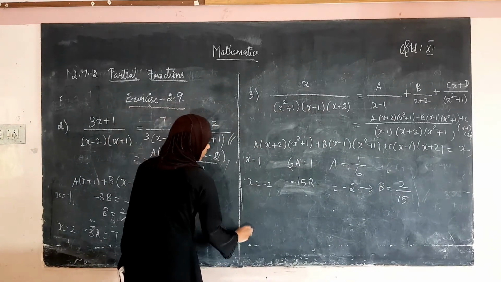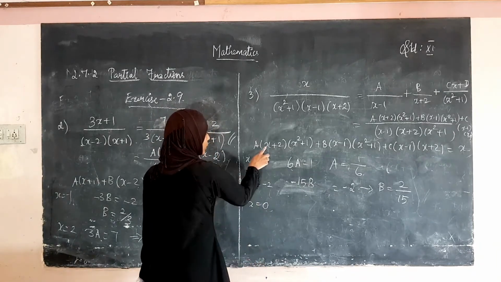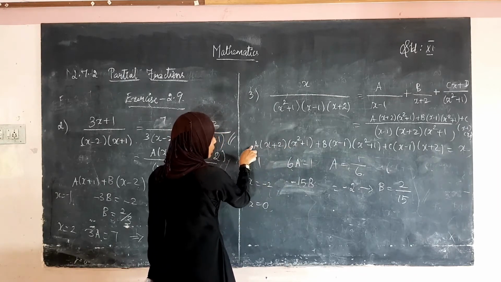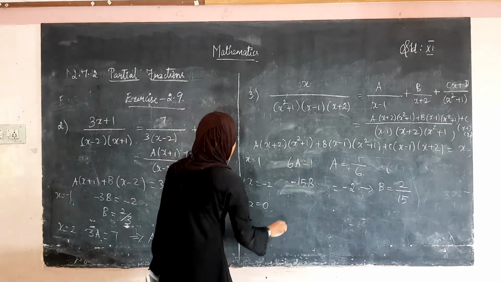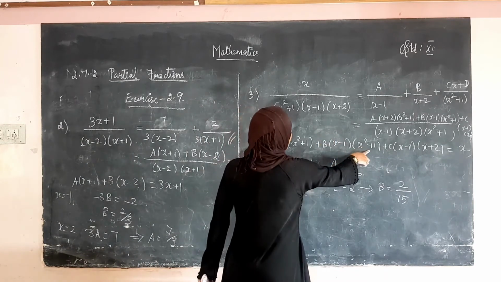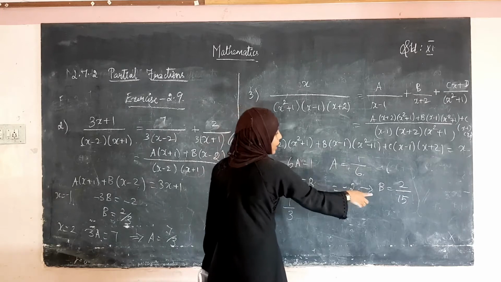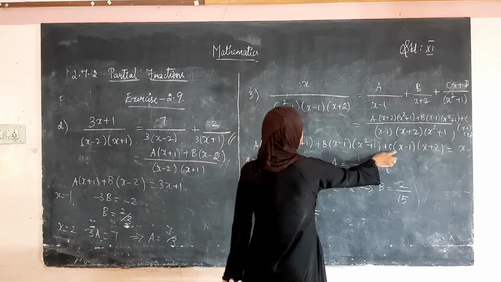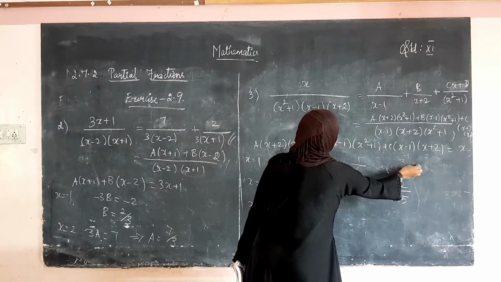Okay. From this we can substitute x is equal to 0. So, what happens? If we substitute x is equal to 0, 0 plus 2, 2. Here 0 plus 1, 1. 2 into 1, 2. 2 into a. So, 2 into a's value is 1 by 6. So, 2 divided by 6 is 1 divided by 3. And the next one. 0 minus 1, minus 1. Here plus 1, minus 1 into plus 1 is minus 1 into b, minus b. So, minus of b's value is 2 divided by 15. And here, this one is 0, this will be minus 1 plus 2. So, minus 2 into c.